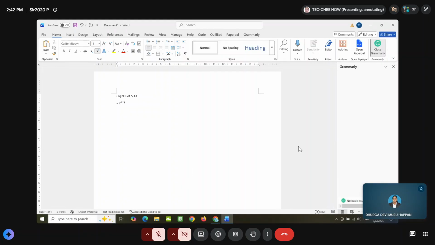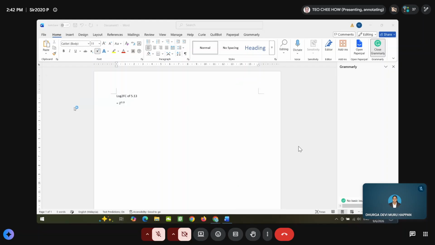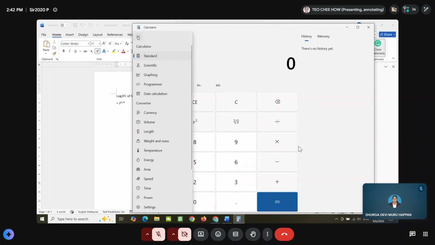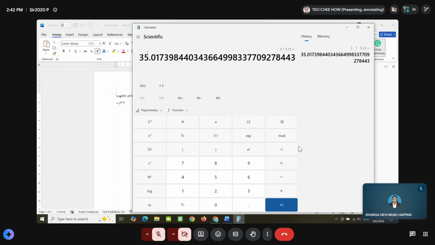So when you put it in the calculator, how can I see? Okay, how to do it? Mathematics, scientific. So you have 2 to the power of 5.13. So this one equals 35 times, 35-fold higher than the control, right?